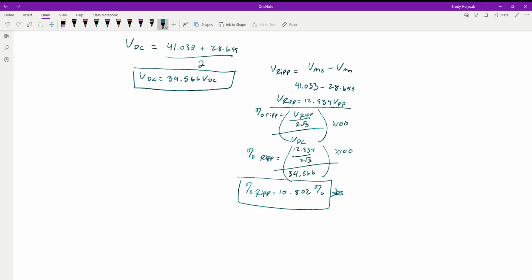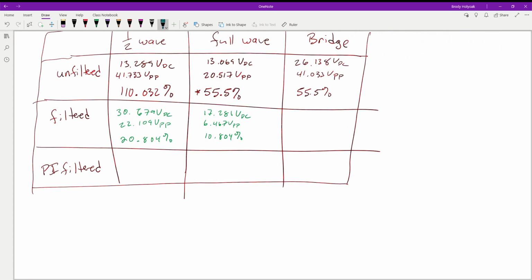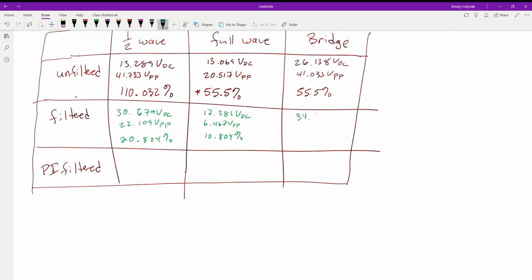So now that we have those, let's go ahead and enter these values into our chart. We'll come back over here if it loads, and we'll plug those values in. So we have 34.566 volts DC. We have our ripple of 12.934, and that's in volts peak to peak, and the percent ripple is 10.802%. So again, between the full wave and half wave, we see a huge difference as far as what